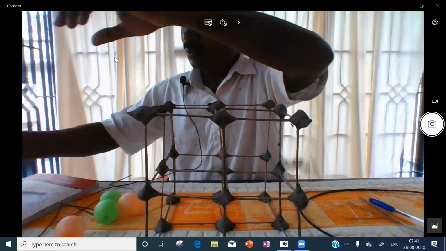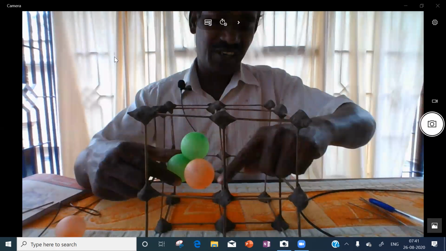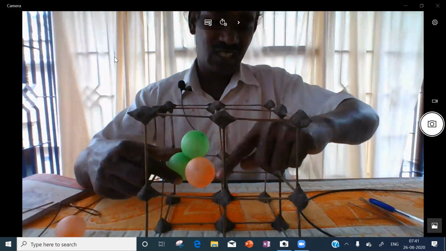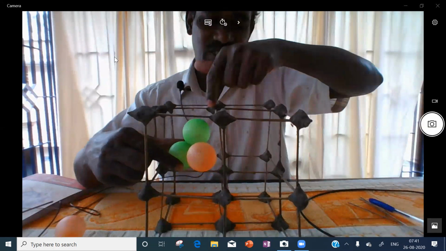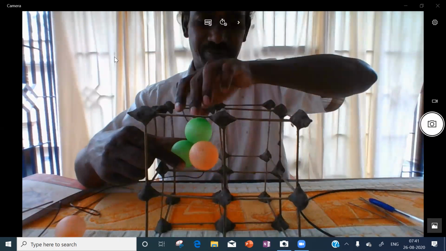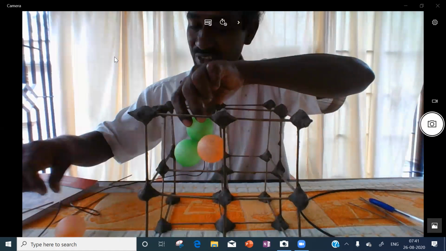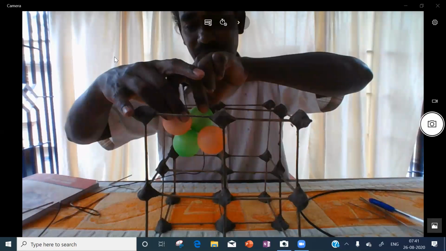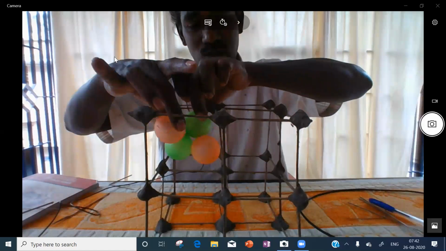How it is there, I will tell you. See that. Now you are taking it like this. This is front face center. This is front face center. This is a top face center. It is top face center. It is side face center. This corner is here, like this. So these four make a tetrahedron.